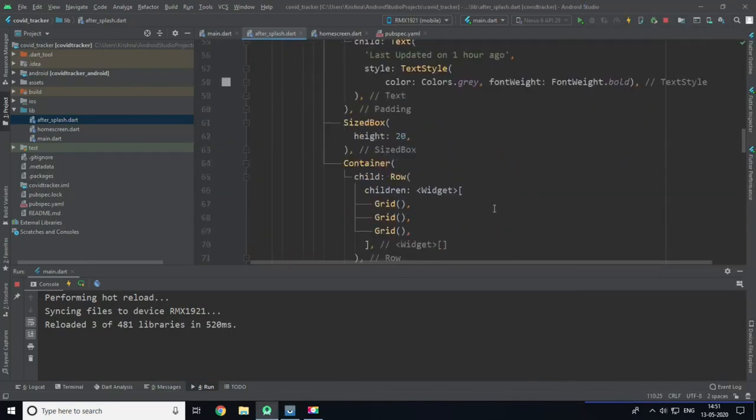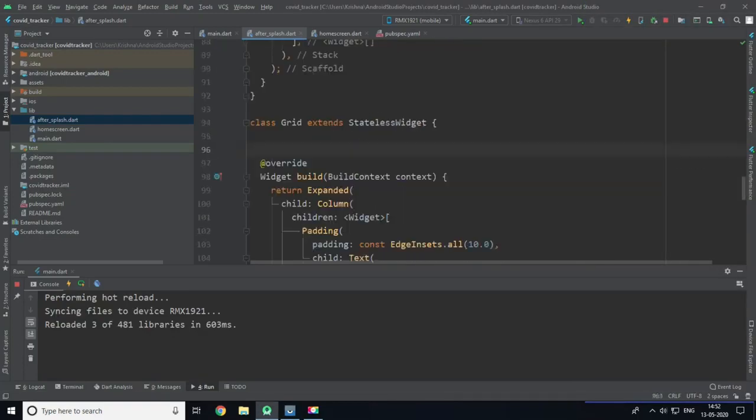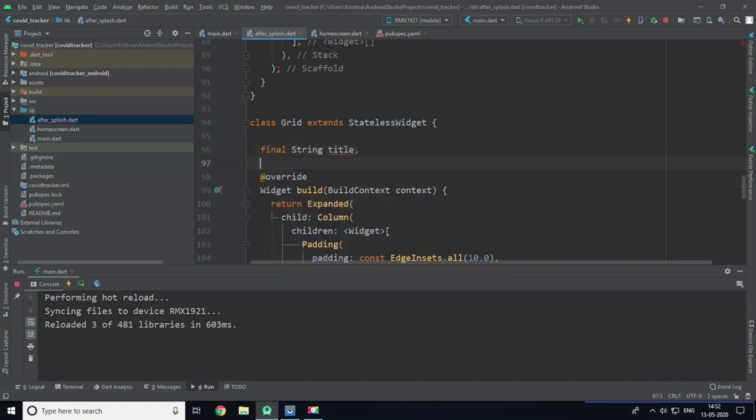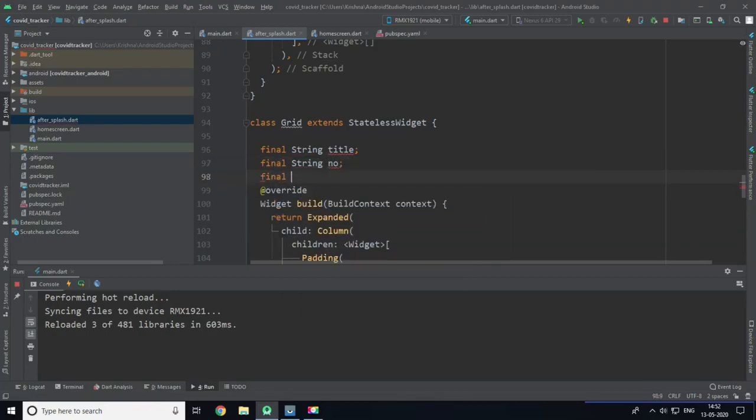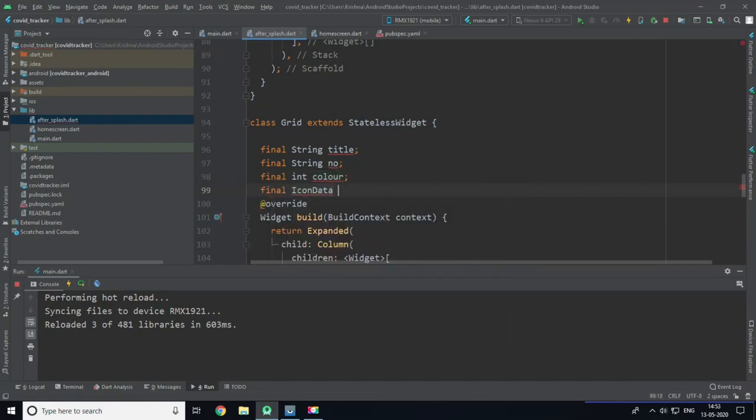Now I have to give a height of 40. Now we need different values in the different row. So what we have to set is we need to pass the value to the containers, and then containers will set the value to the columns. Now we will create a final string which is a title, and a final string which is a number, and a final int which is a color, and final icon data because we need different icon, and final string as